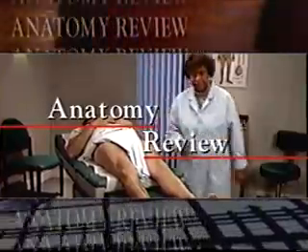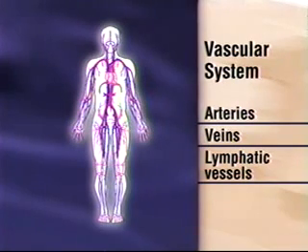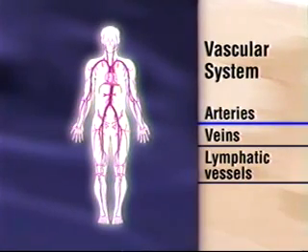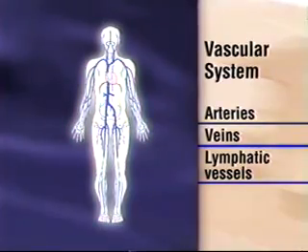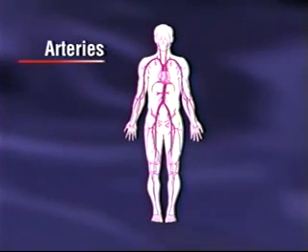Before examining the peripheral vascular and lymphatic systems, consider their anatomy. Recall that the vascular system consists of vessels that transport fluid, such as blood or lymph. It consists of arteries, veins, and lymphatic vessels. Arteries carry oxygenated blood from the heart to all body tissues. Each heartbeat creates a pressure wave that makes the arteries expand and recoil throughout their length. However, this pressure wave, or pulse, can only be felt where the artery lies close to the skin and over